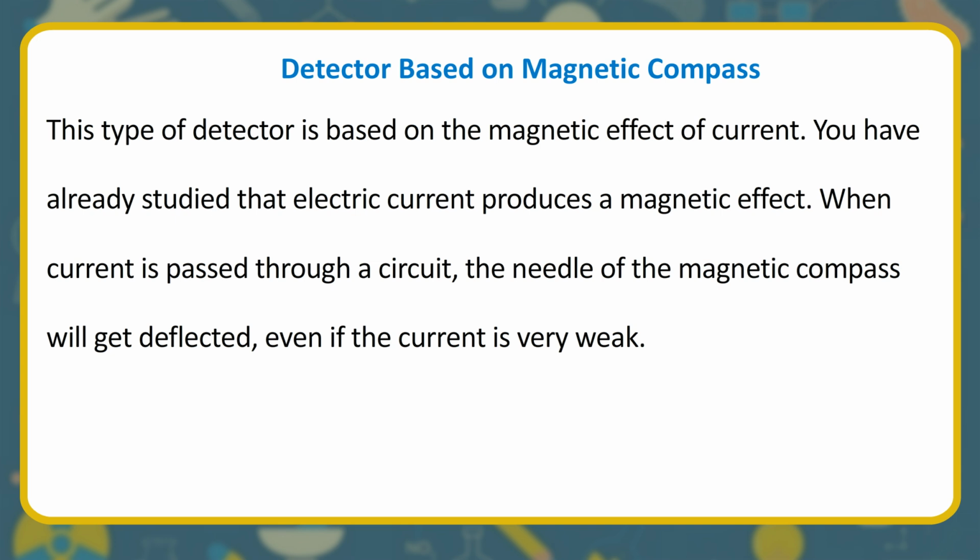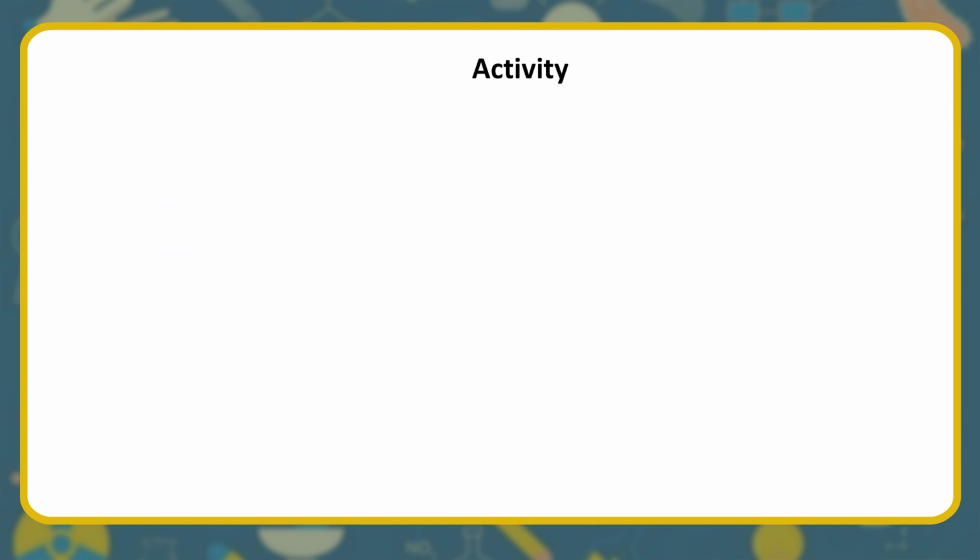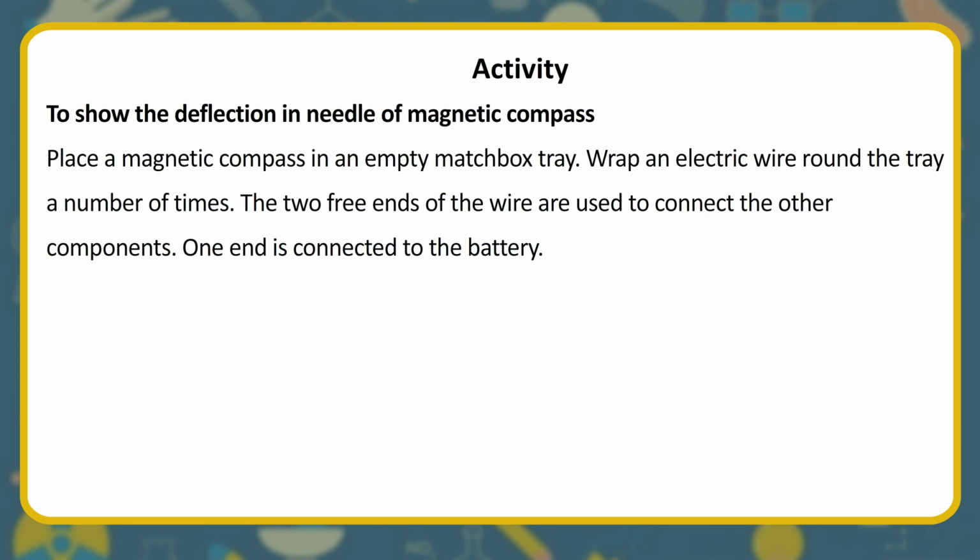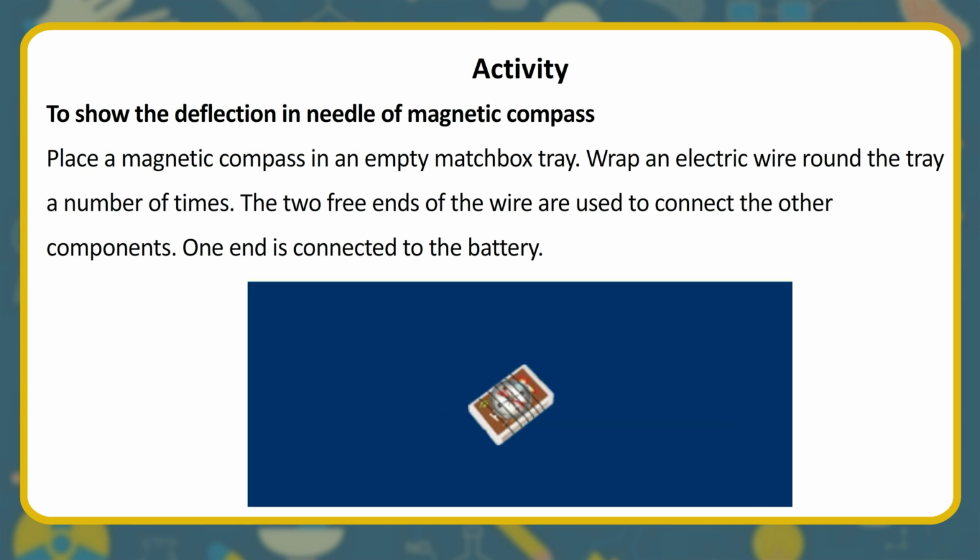Detector based on magnetic compass. This type of detector is based on the magnetic effect of current. You have already studied that electric current produces a magnetic effect. When current is passed through a circuit, the needle of the magnetic compass will get deflected, even if the current is very weak. Activity. To show the deflection in needle of magnetic compass, place a magnetic compass in an empty